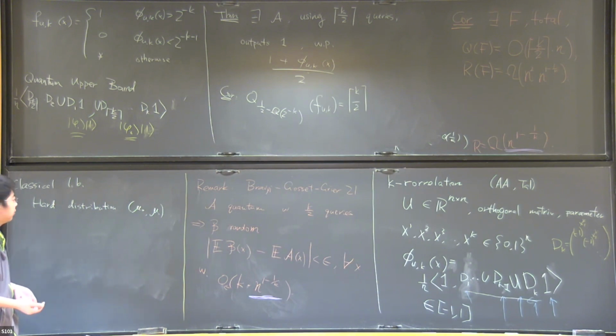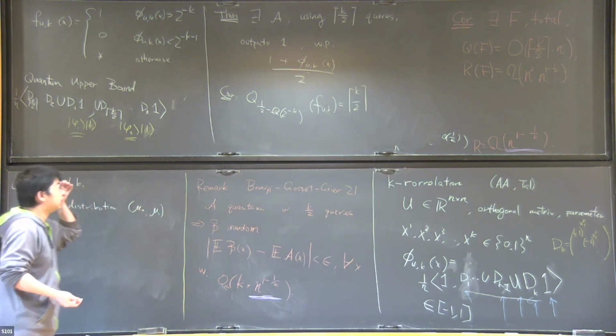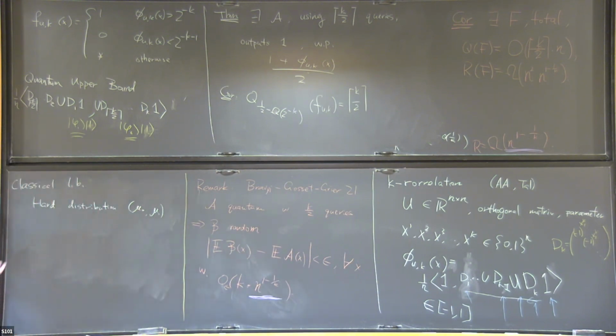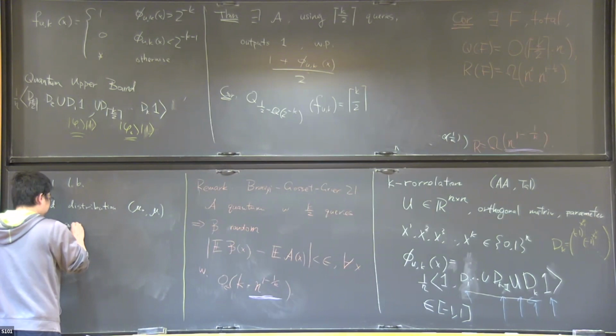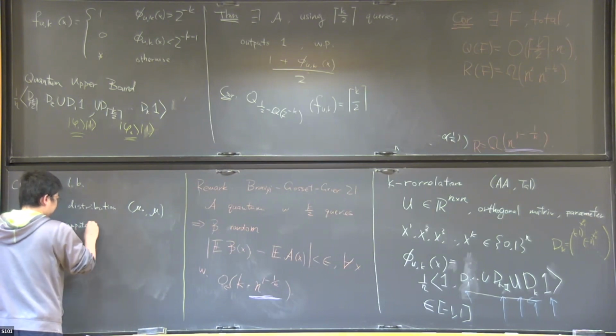And for inputs from mu1, the relation problem will give you a 1 with high probability. So these distributions are different enough so that if you have a decision tree algorithm that computes the function with small error,